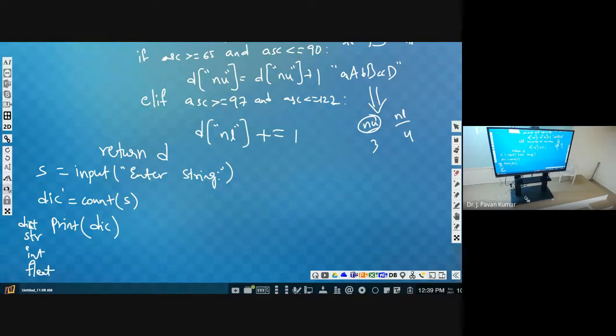Input, string is the input, same input. Then you will be defining a function similar to this.